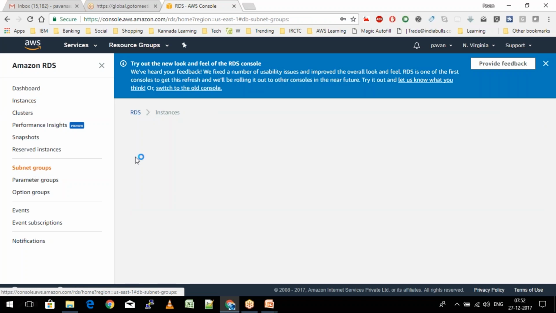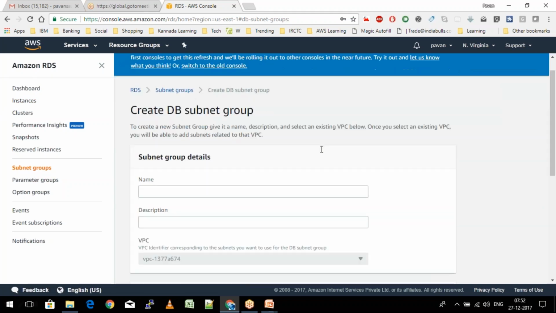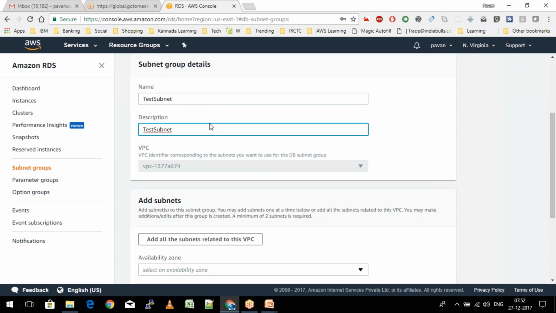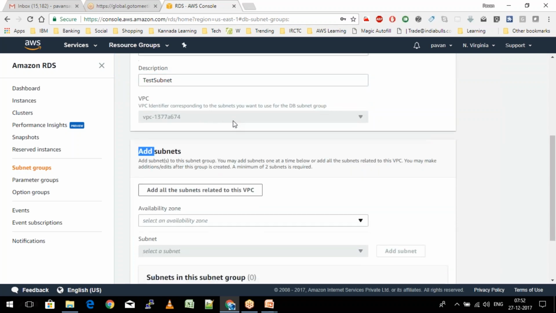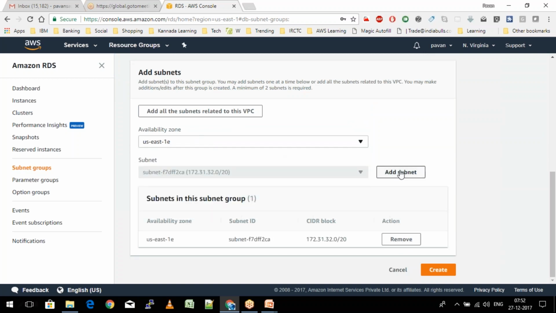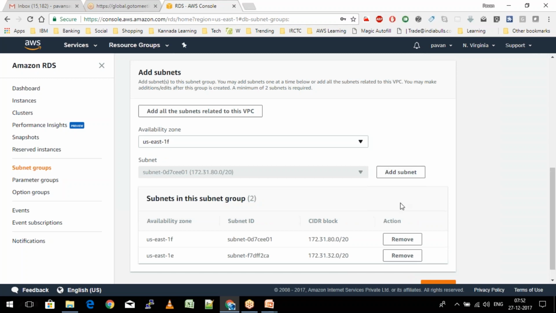Now, if I go down and say I want to create a subnet group, I'll just say test subnet, and in this again I'll just give the same. So currently we have the default VPC here, and then it is going to ask me what all availability zones I would like to include. Let's say I just want to include 1E here and then 1F. I'll just say add subnet.